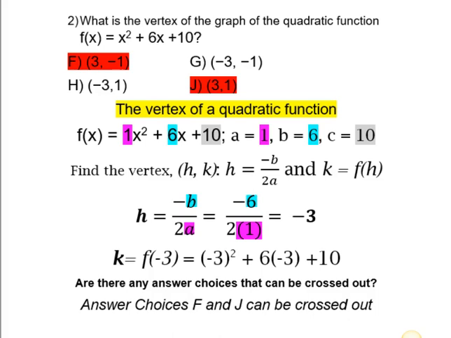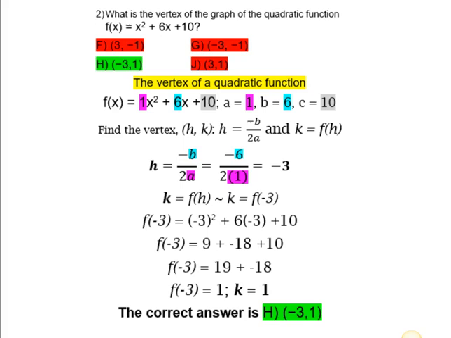Let's see. Negative 3 squared means negative 3 times negative 3. Okay, that's 9. Plus 6 times negative 3 is negative 18 plus 10. So what is our answer? If you said H, you are correct. Negative 3 squared, like we said before, is 9, plus 6 times negative 3, which is negative 18,